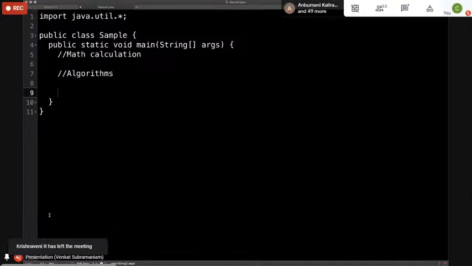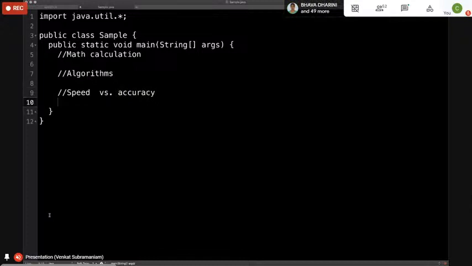Right then, accuracy is not important. Speed is important. So sometimes you want speed. Then once they get something very close to what they want, they would want more accuracy. When accuracy is important, they don't mind spending more time, but they want this to be really, really accurate. Well, you cannot have both because computations are expensive.